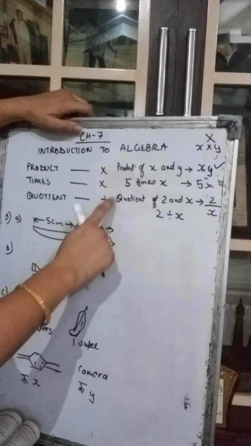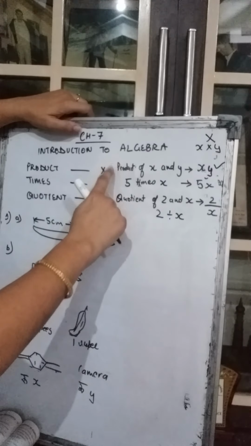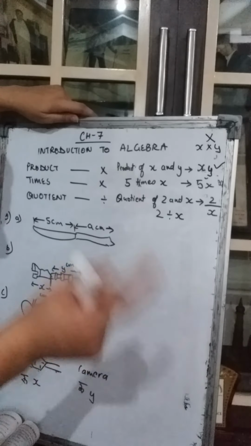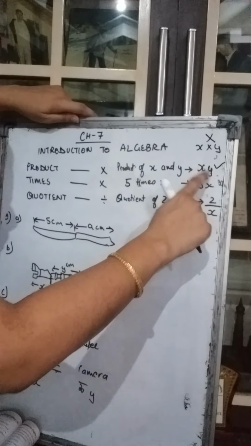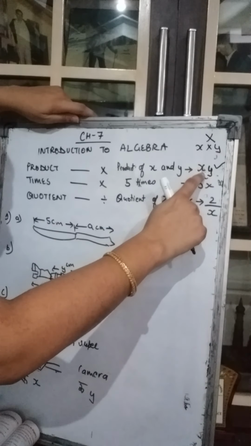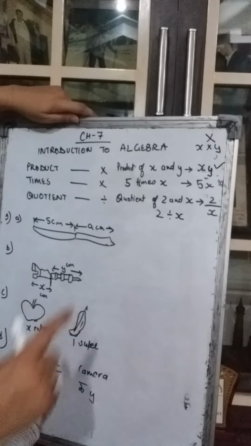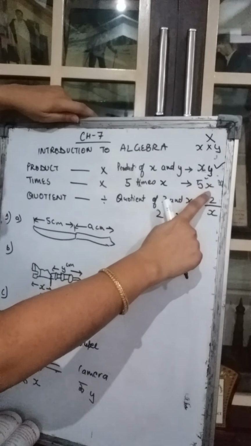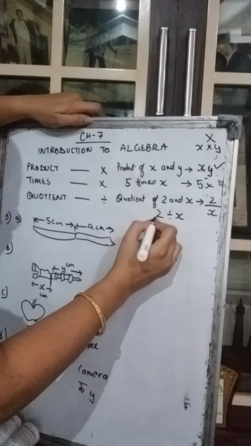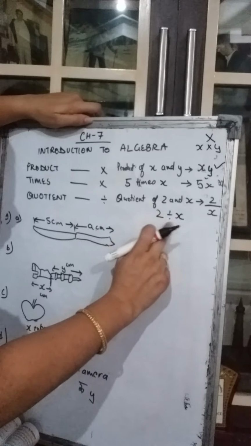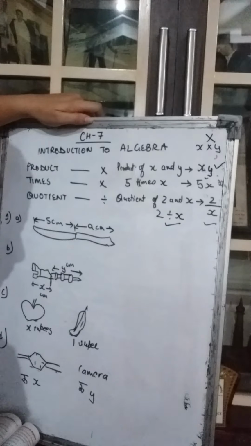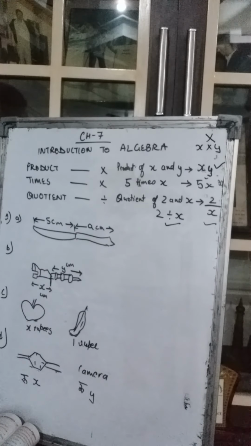See, these are all verbal expressions. Whatever we say, we are just saying product of x and y. We have to convert this into an algebraic expression. In an algebraic expression, we have to use the variables with certain rules. What are those rules? Like in product, nothing comes in between. xy is an algebraic expression. Then 5 times x means 5x. Then quotient of 2 and x. You can write this in this manner also. Write the first thing first, 2 divided by x, or it can be written as 2 upon x. Both ways are correct. Okay. You'll understand when we do the questions.